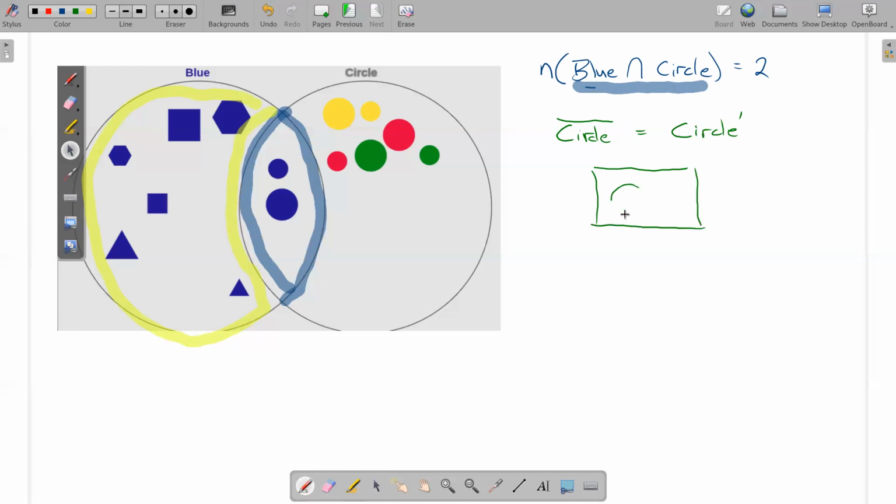down here. So here's my blue set. Let's call that B. And here's my circle set, C. So if I wanted to illustrate in the picture everything that's not in the circle set, that would just be everything outside of the circle set. So I'm just going to circle around the circle set and then color all of that in. So everything out here outside of that circle